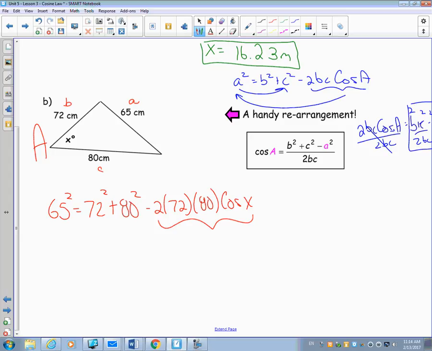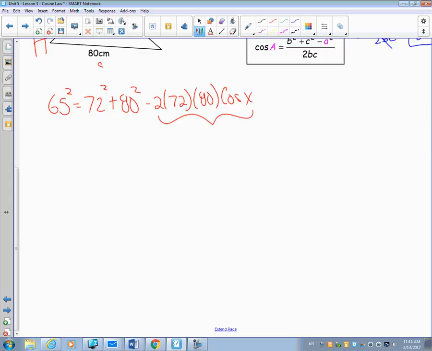So I'm not going to use the red version. I'm going to change it and rearrange my equation the way I want it. So my cos of my angle equals b squared plus c squared minus a squared. Now be careful, this is the one place people mess up. They forget that a has to be at the end. Over